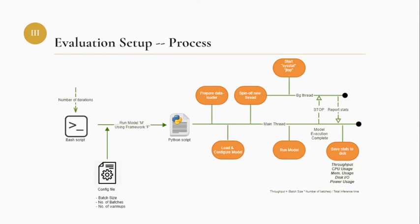Then on the benchmarking side, we start with preparing a data loader, which is framework specific. The data loader prepares the input images to feed into the models. The images that we use for inferencing were all taken from the ImageNet 2012 validation data set. Then the next step is loading and configuring the model into memory. By configuring, we mean whether the model is supposed to use a GPU or CPU. Then finally,